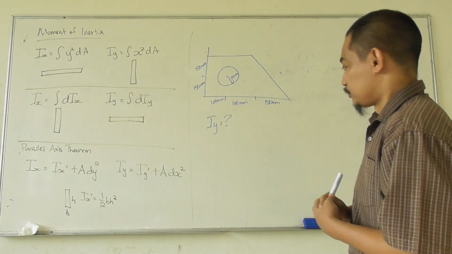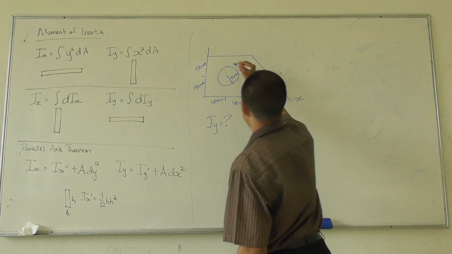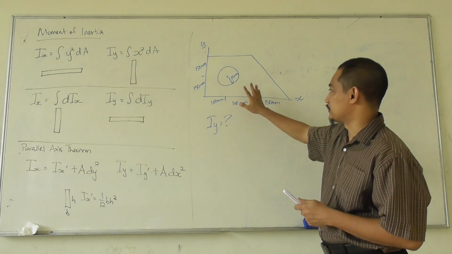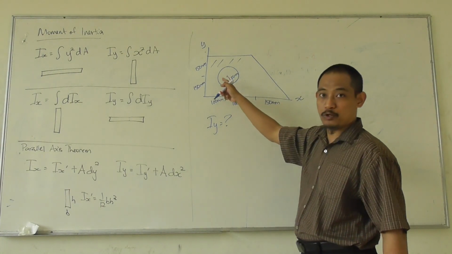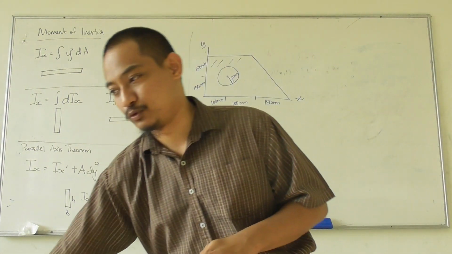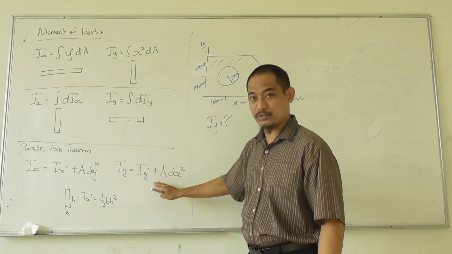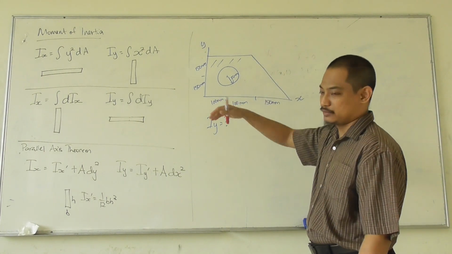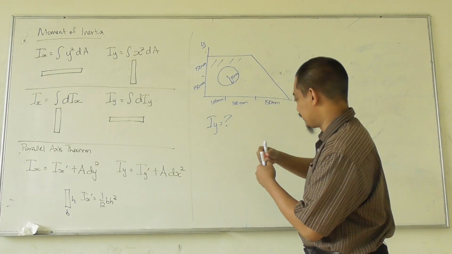Alright, so first understand the question. This is the x-axis, y-axis. So the question asks what is the moment of inertia about the y-axis of this region, right? Meaning this is the region where this is the hole. As we mentioned before, first you have to understand the question, and you will be using this equation over here. The moment of inertia of the whole area is a combination of the moment of inertia of each area, right? So we can divide into 3